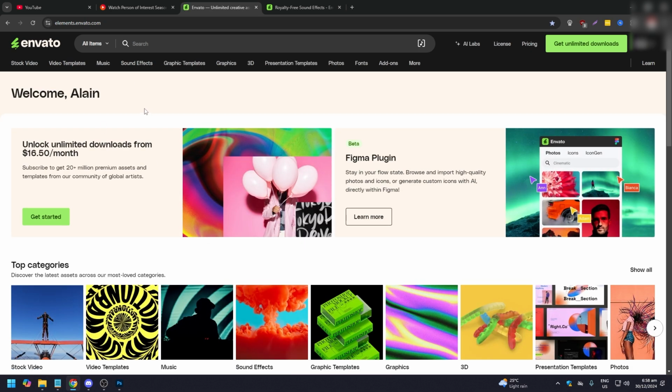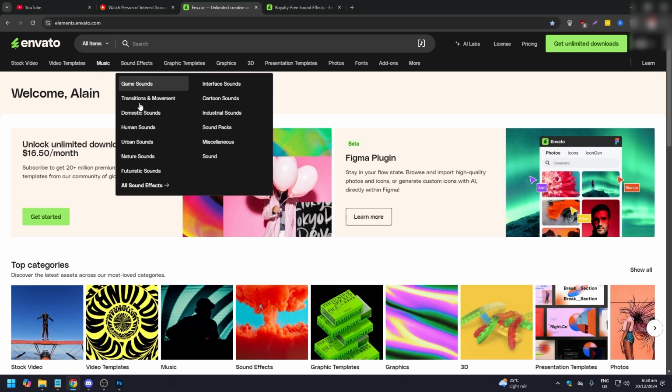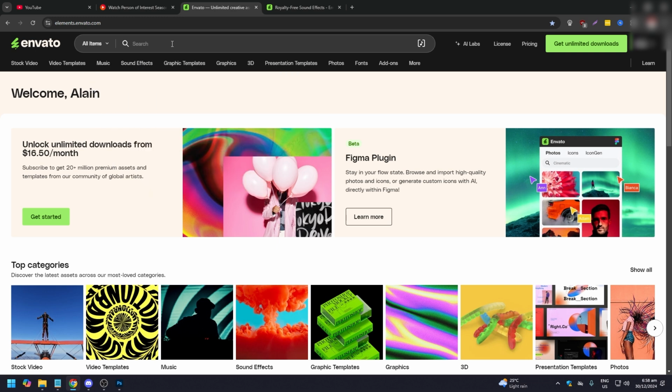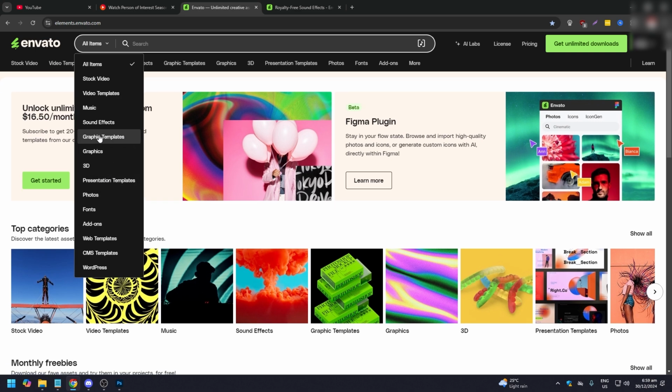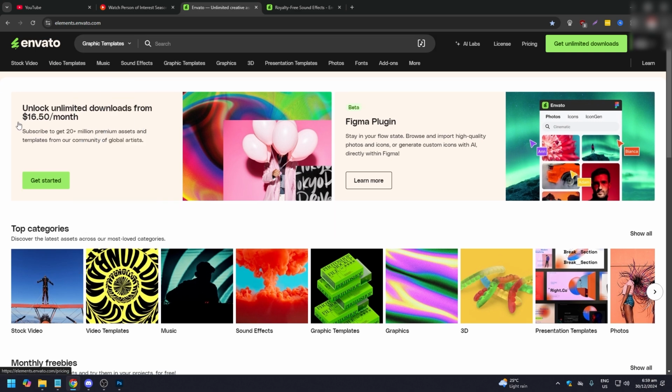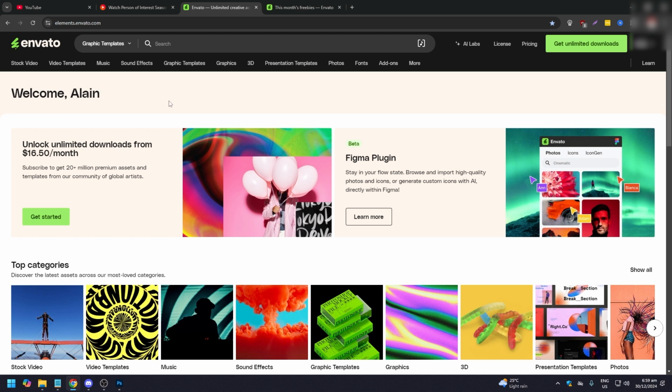if you want to get Photoshop assets, all you need to do is maybe search whatever, or you click all items. There's going to be a drop down: stock image, sound effect, graphic templates. You might want to go to graphic templates. If you want to get some Photoshop stuff, all you need to do is just type in